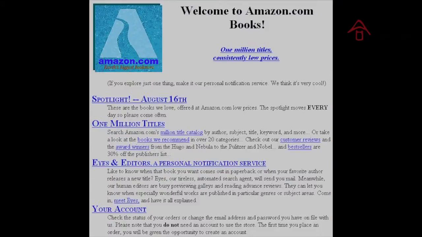So if you think about it, when they first set up their company, I believe it was in 1995, what they were selling at that time were books, which had been sold for centuries. The market that they were targeting, the who, was also not different. They were basically selling the books to the people who traditionally bought books. But the manner in which they delivered the books was very different. So they leveraged a new technology, which was the internet at that time, to creatively develop a new business model.